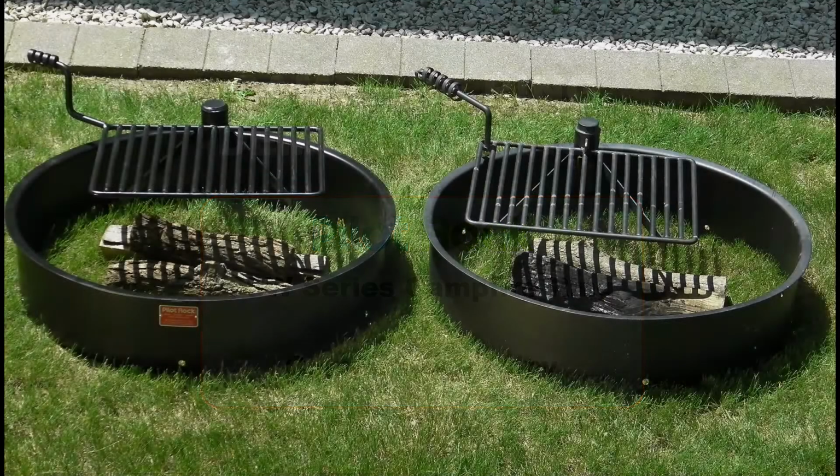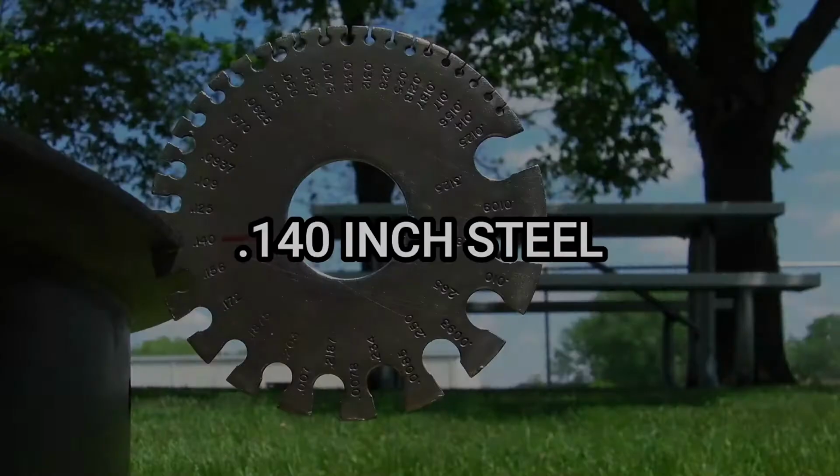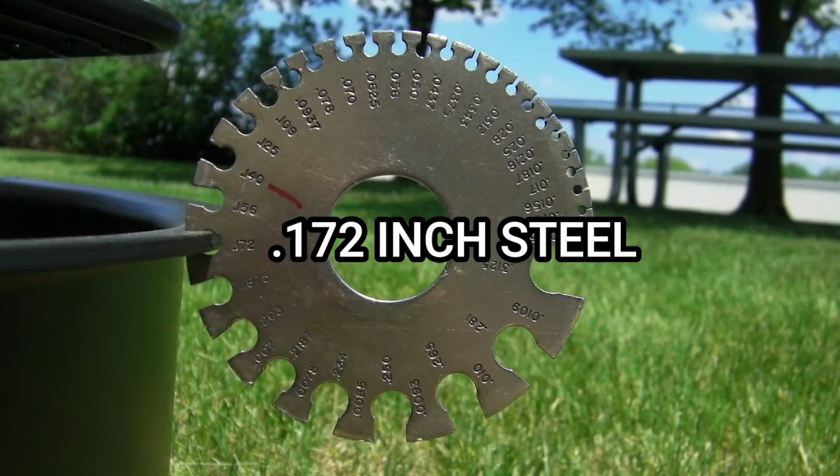Both campfire rings in this demonstration are brand new and assembled right out of the package using the provided instructions. One is a Pilot Rock Swivel Grate campfire ring made in the USA, and the other an imitation import. The import is made using thinner, cheaper steel for the ring, compared to the thicker steel used on the Pilot